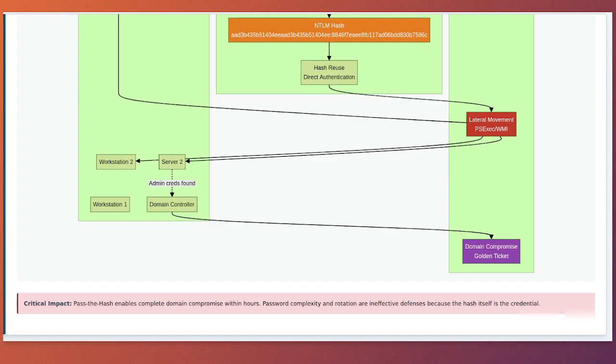System administrators often use the same local administrator account with the same password across multiple servers for convenience in management. If an attacker compromises one server and extracts the local administrator's NTLM hash, they can immediately use that hash to authenticate to dozens or hundreds of other servers using the same credentials. This creates a cascading compromise scenario where gaining administrative access to a single system can lead to complete domain takeover